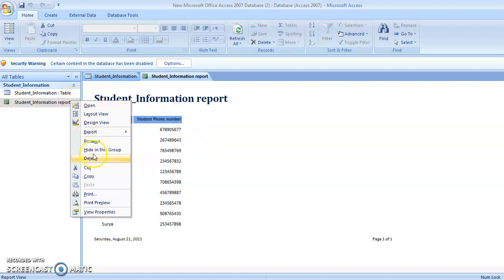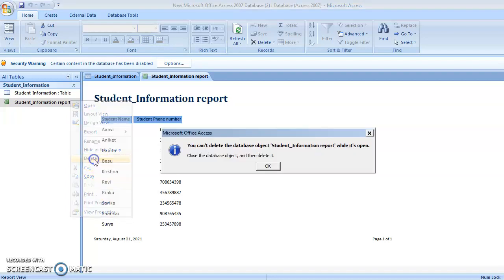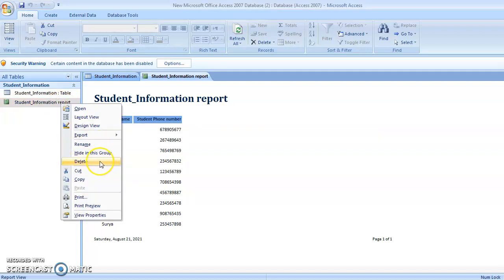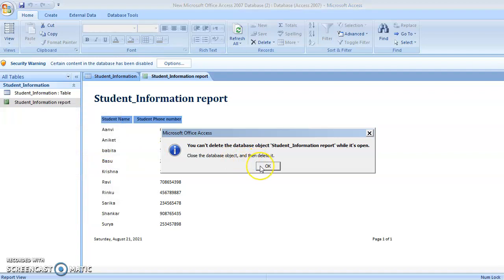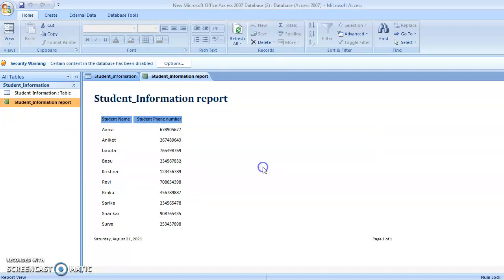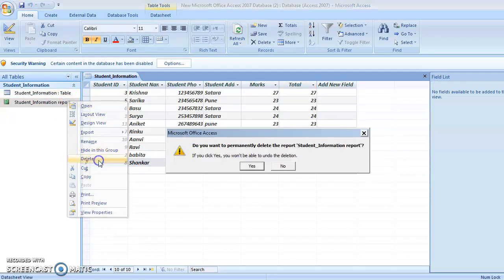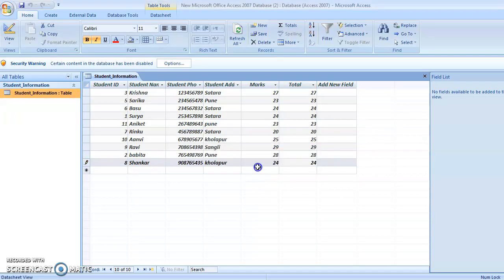I delete this report, now I delete this report and show you how to generate a report like this.